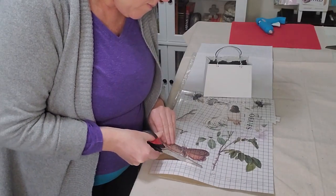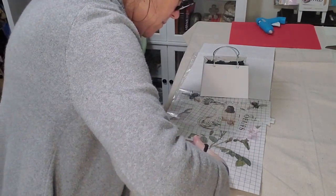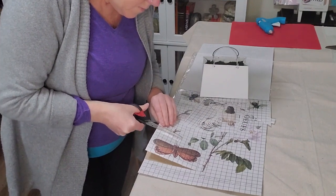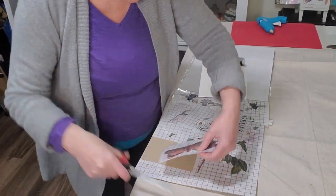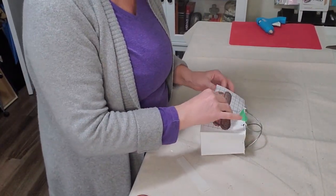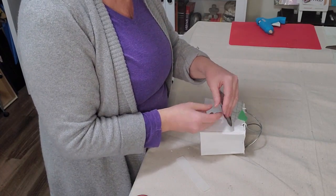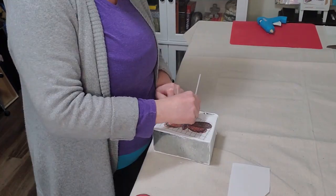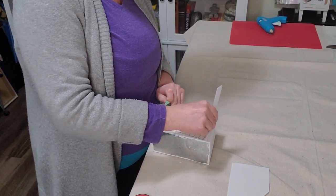And once that was done, I'm using these IOD stamps here. They have so many beautiful little transfers in here. No, it's not a stamp, it's a transfer. Sorry. And I thought I'd put this little butterfly on here and make this into kind of like a little pot. I'm going to put some lavender in here and make it look